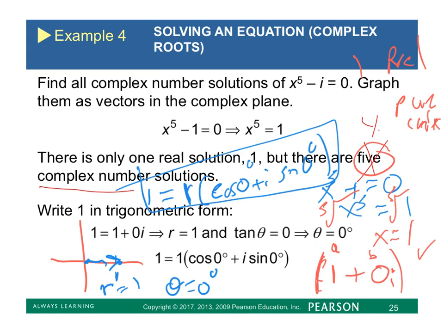Now we got to do the rest of these. So what I think I'm going to do is go to a blank page. I think I still have it. Did I write it down? No, I haven't written it down. And remember that I'm starting out with x to the 5th minus 1 is 0. Therefore, x equals 1. And my first root that I found was, in trigonometric form, 1 times sine of 0